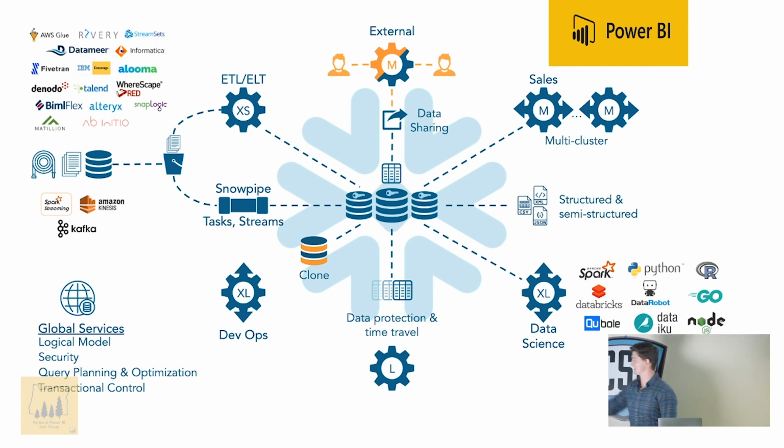Or if you're in data science, you work with all the native connectors for Python, R, Databricks, all that good stuff. The time travel one is pretty neat, where you can instantly go back to a snapshot of your data at a given point in time within 90 days. So if you accidentally drop a table and you want to go back to it, this is also very commonly used for, hey, we just did all of our reconciliation, and we want to go back and make sure the numbers look good.